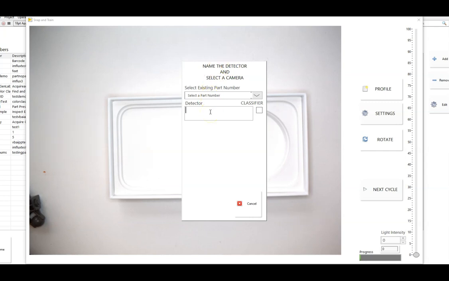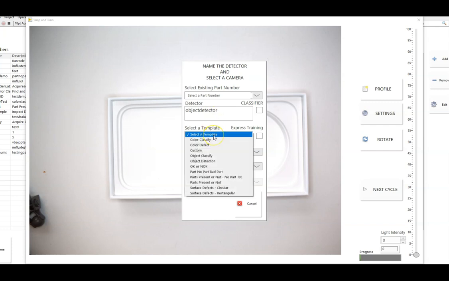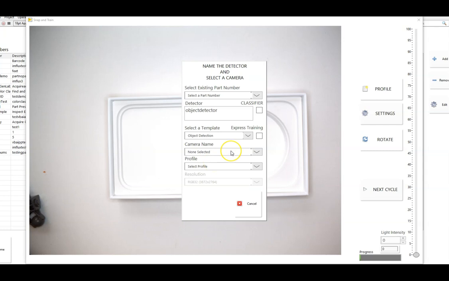So this time let's just create a class. So let's create an object detector in this case. So if I was going to create an object detector, and I select the object detection template,